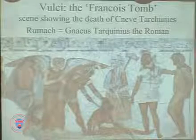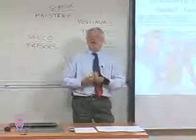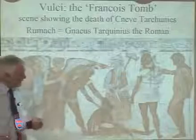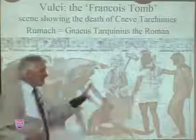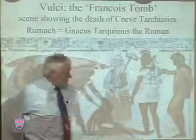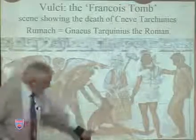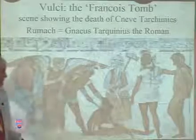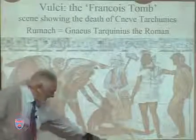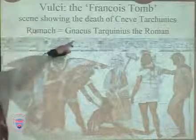Gladiatorial games start off in the Etruscan world as a way of celebrating the life of the dead person and showing the power of life over death, the willingness to face death, if you like. But what we've got here is not a gladiatorial fight. What we've got are prisoners. Look at that man there, his hand tied behind his back. He's being led in by another warrior. And down here you've got this guy who's just having his throat cut by a warrior there while the Angel of Death watches on. Underneath him, and it's very faded now, but infrared photography does reveal it, is a name,